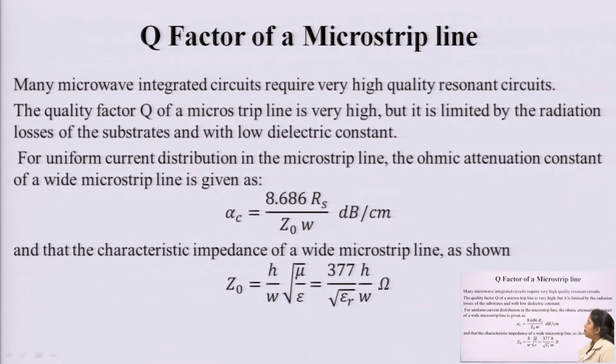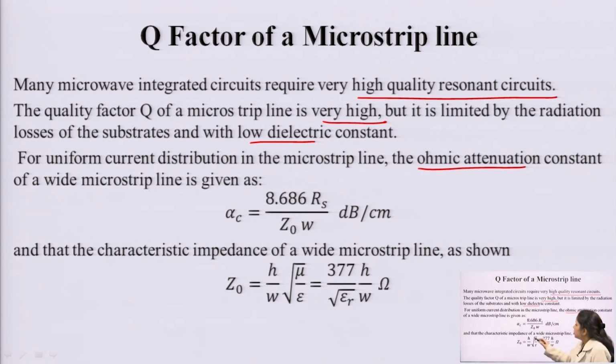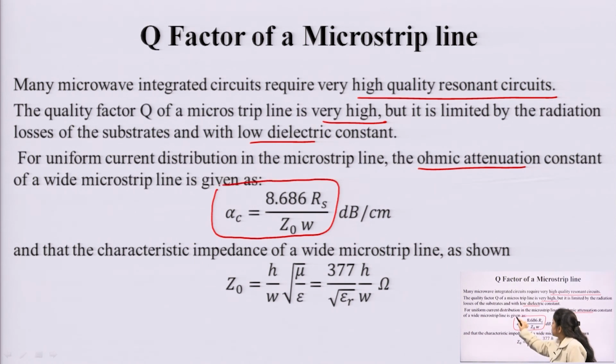Now comes the Q factor of a microstrip line. Many microwave integrated circuits require very high quality resonant circuits. The quality factor Q of a microstrip line is very high, but it is limited by the radiation loss of the substrate with a low dielectric constant. For a uniform current distribution of a microstrip line, the ohmic attenuation constant of a wide microstrip line is given by this expression, and the characteristic impedance of a wide microstrip line,